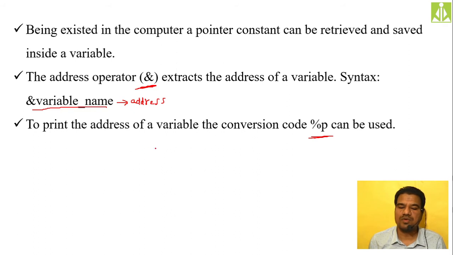This is a conversion code, as you know. The conversion code we are using is %p. We already know a few conversion codes: %d for integer, %c for character, %f for float and double, and likewise %p for pointers. %p prints the address value of a variable, to know what address the variable has inside your computer. And we pass the address simply like how we pass the address in scanf, keeping an ampersand before the variable name.